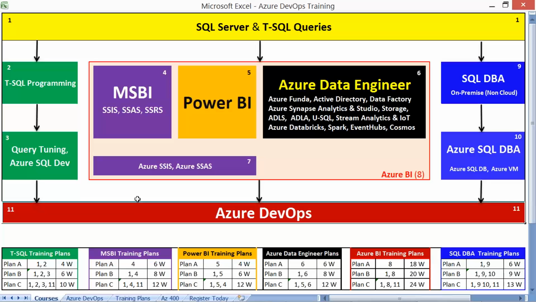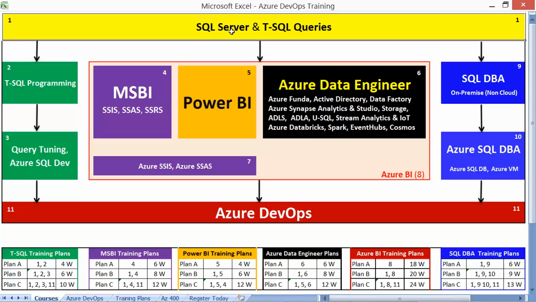Knowledge of SQL Server basics is an added advantage because in our course we have Azure DevOps Services and Azure DevOps Server. The second part of the coin, Azure DevOps Server, sits on top of SQL Server.